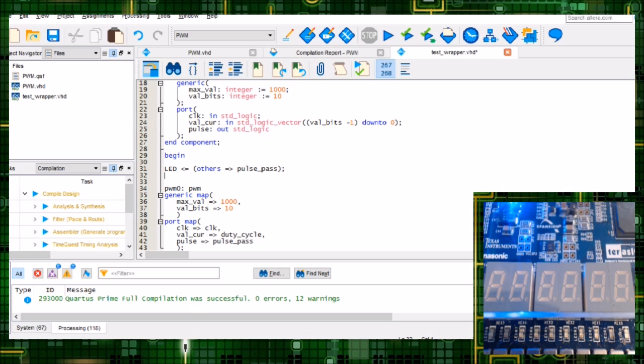Now, the last thing we need is, as I mentioned earlier, a clock divider and something that's counting from 0 to 1000 and vice versa. So we'll do our clock divider first. So process clock begin if clock'event and clock equals 1. Then